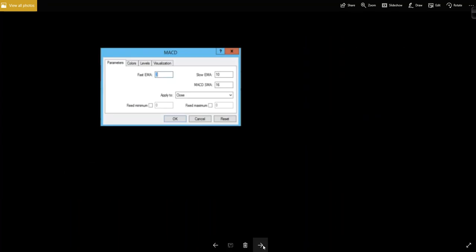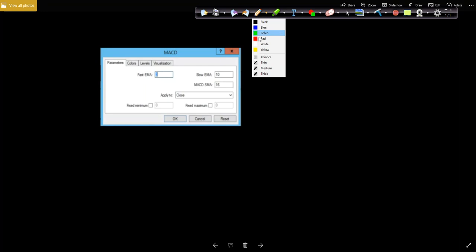So here's a setup in MT4. When you try and load MACD, you'll notice it asks you for a couple of things. And pay attention to what they're asking for. They're asking for a fast EMA. They're asking for a slow EMA. And then they're asking for what's called, in the MT4 world, a MACD SMA. So here's our 3, 10, 16. And this is populated just as if you saw Christopher Terry in the harmonics videos. This is how he would tell you to populate it, 3, 10, 16.